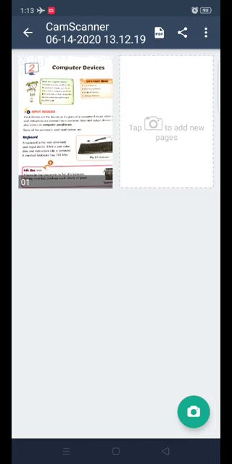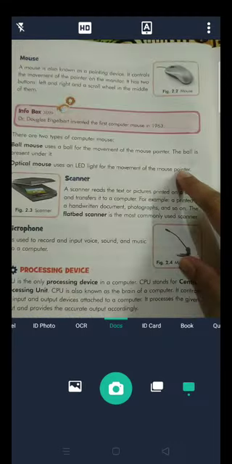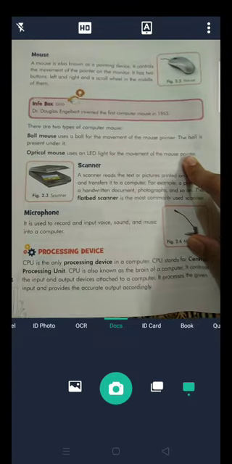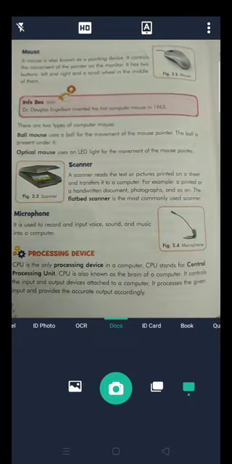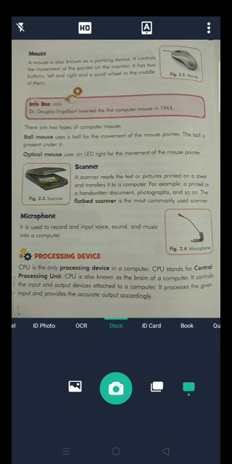For the second page, now click on the tab to add a new page over here. So for the second page, again follow the same procedure. Now I am clicking on the second page of my book.